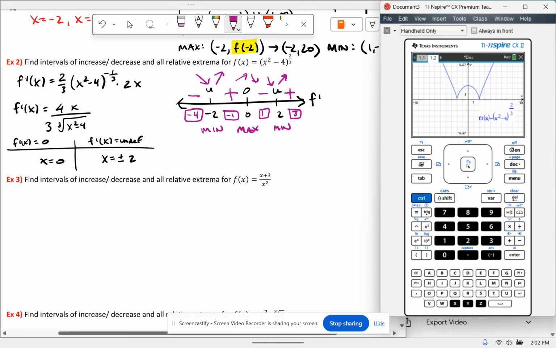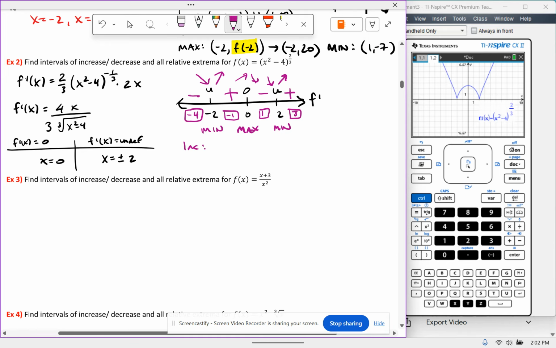Okay, so intervals of increase. This guy is increasing from -2 to 0, and then again from 2 to infinity. He's decreasing from negative infinity to -2, and then he's decreasing from 0 to 2. And then the max